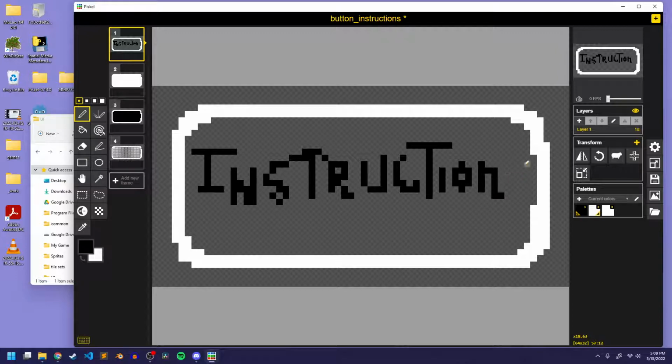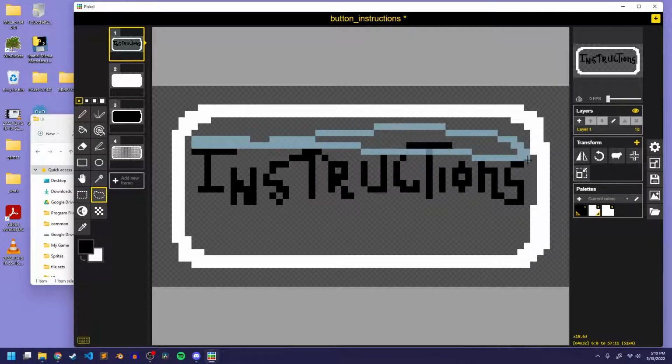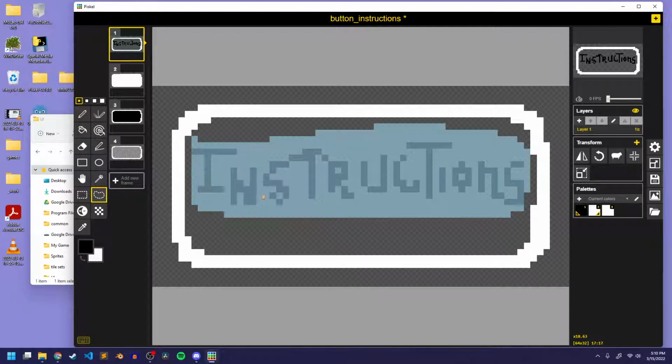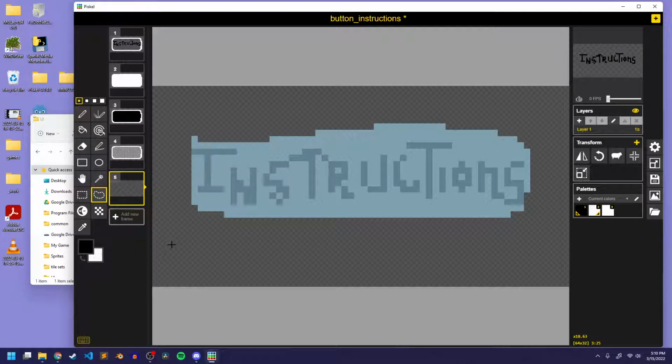Okay, that's not too bad. I don't know if it's really readable, but hopefully people will know what it means. Anyway, I'm just going to repeat this process. So I'm going to grab my lasso and make sure to select all the text. There we go. And I'm going to copy that, put it on a new frame,